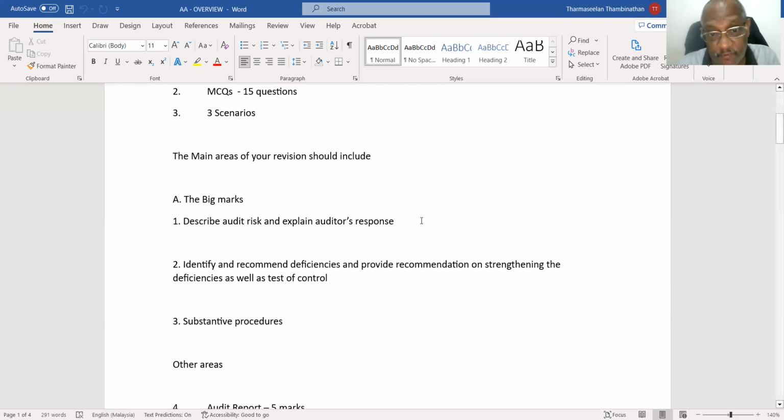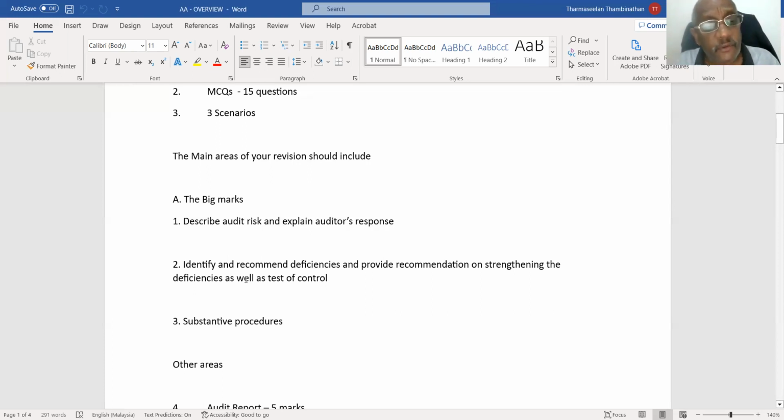If you're not from the audit profession itself, they get confused on grounds that auditor's response and substantive procedure can be the same thing. It can be the same thing. And you need to learn when substantive procedures are required, when professional skepticism is required. And I hope to do a full lecture on that as well, where we speak about the main auditor's response, whether it's going to be greater professional skepticism, allocation of more time, more senior staff, or even substantive procedures. So it's a big mark question. I call it a big mark question.